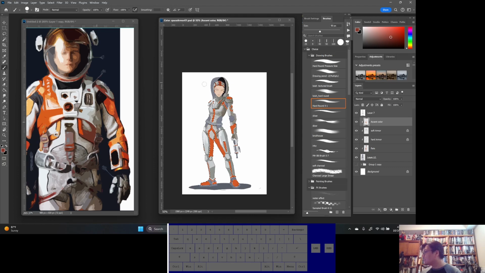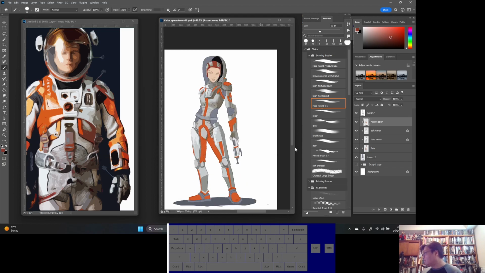This dark color. Cool. Now I've recreated it here. Make it a transparency lock right here with the checkerboard logo. And now I can paint right on that layer